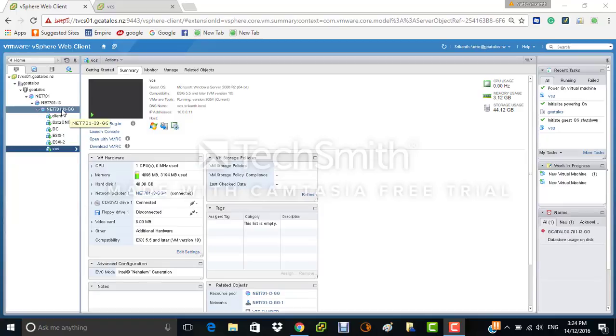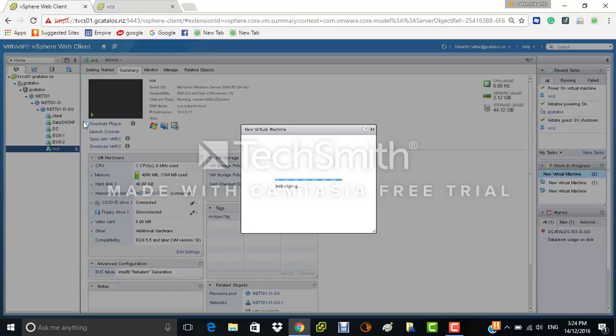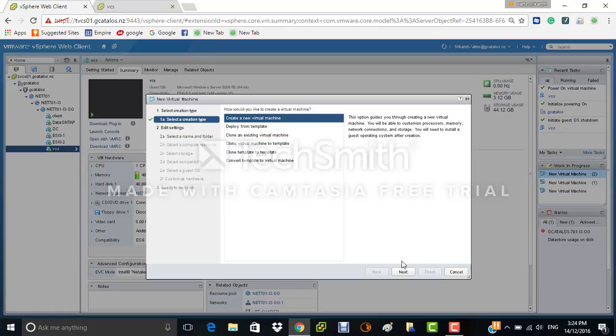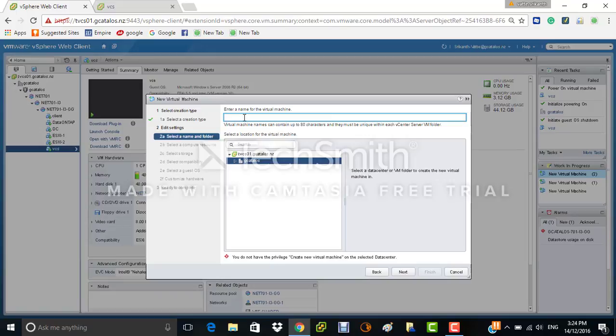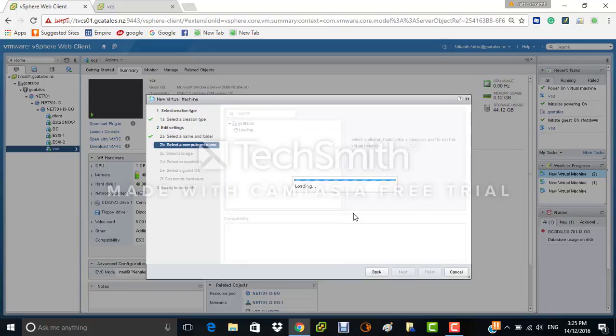It is Net 702. Right click on that and create a new virtual machine. Here I'm going to create a new virtual machine for ESXi. Now click next and give the name as ESXi, and choose your resource, choose your inventory. Here this is my inventory, and click on next,